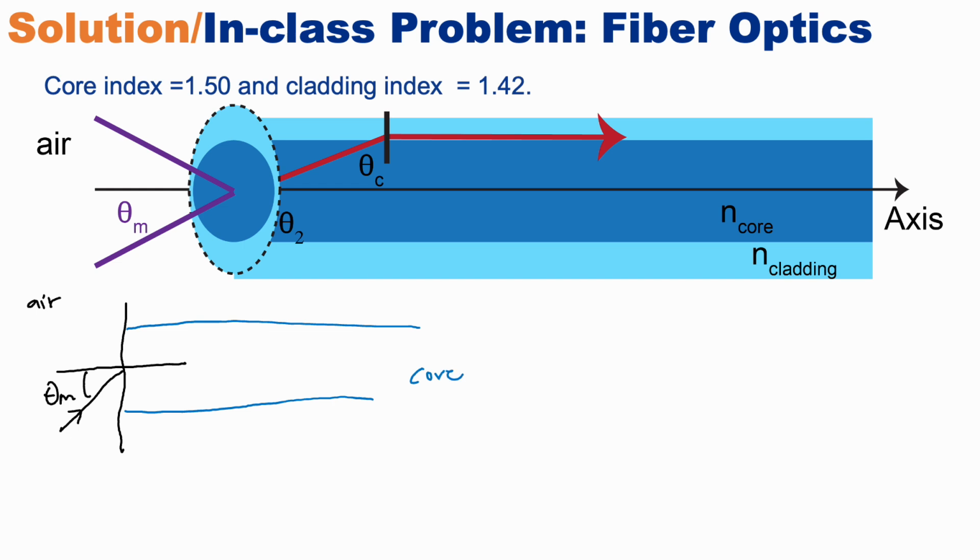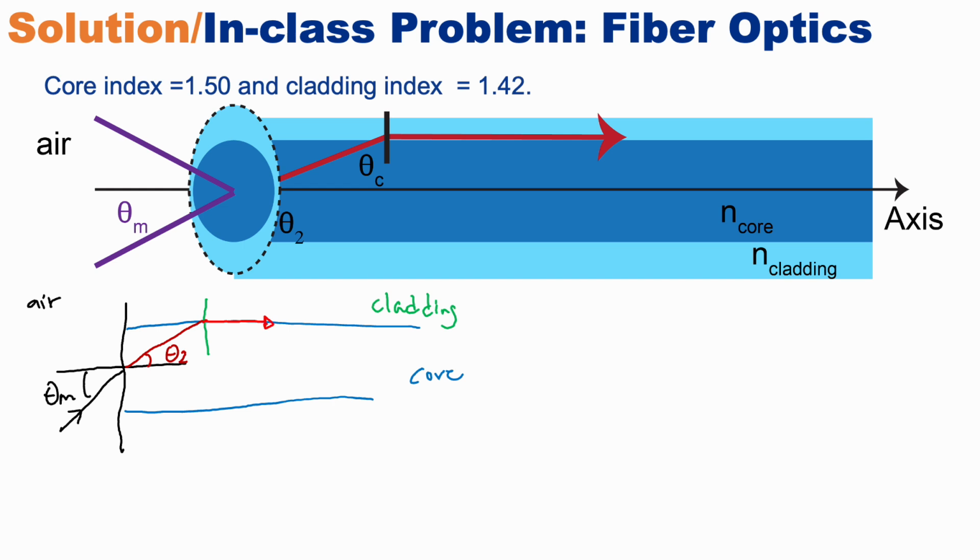So I'm going to have a refracted angle here. This is going to be my theta 2, and then here I have my cladding medium, so I have my normal,